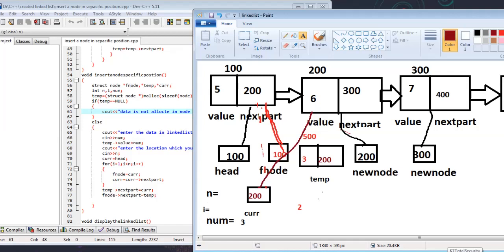F node next part equal to temp means the address of temp is allocated in f node's next part.